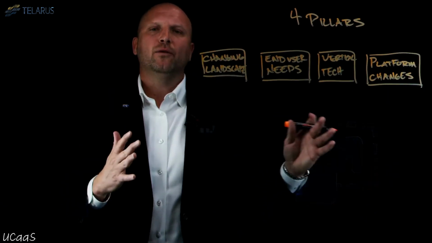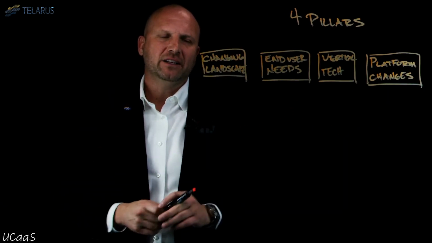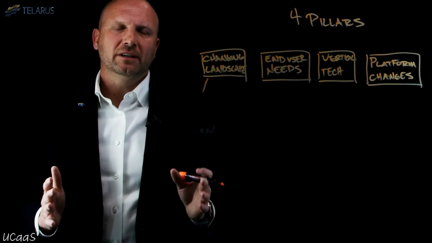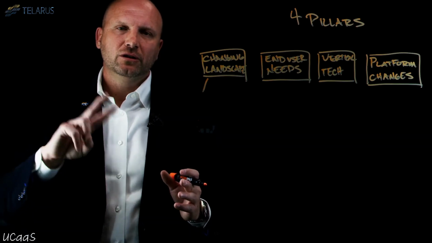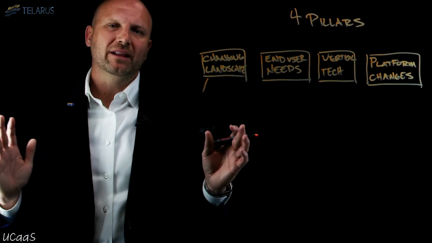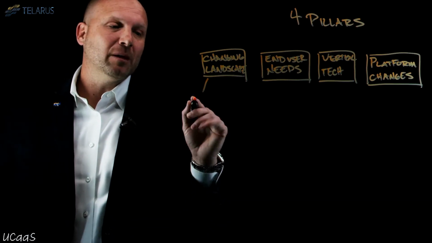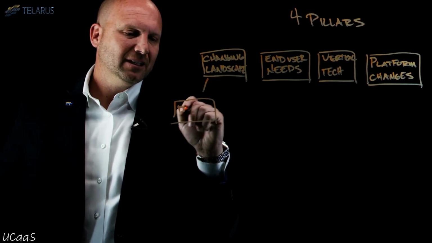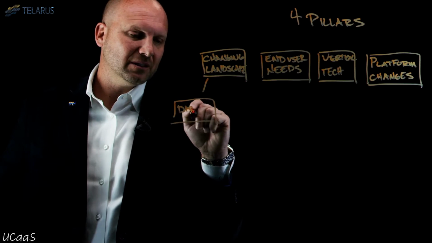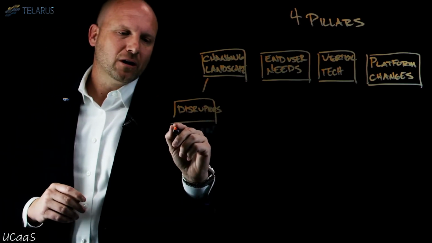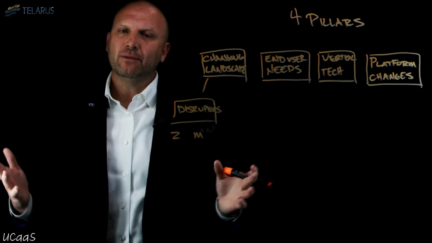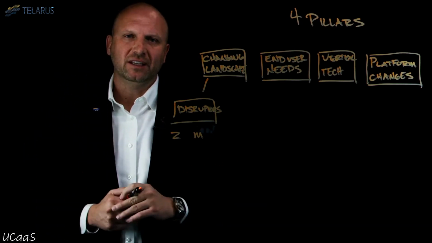So understanding these four pillars, let's talk a little about each of these. First of all, if you saw the Gartner Magic Quadrant for 2020, it introduced two suppliers who really hadn't been relevant in the past. And these are disruptors to us. And so understanding that there are disruptors right now in the UCaaS space is important. A couple of those are Zoom and Microsoft. I don't think we can even go a day without having a conversation about Microsoft Teams.